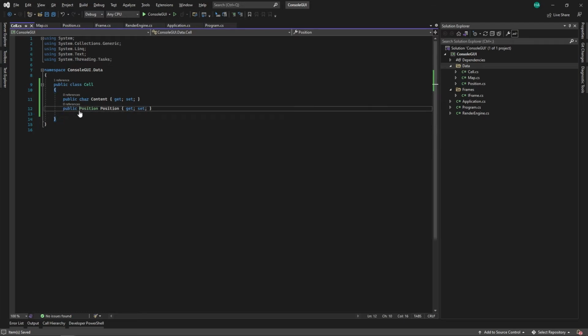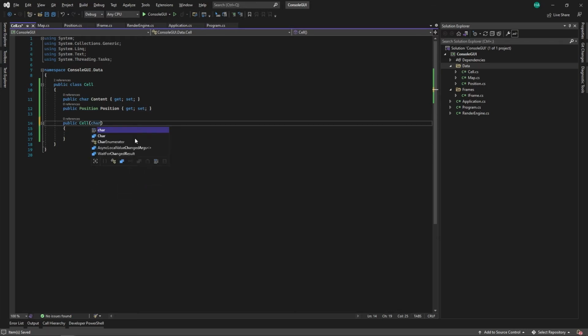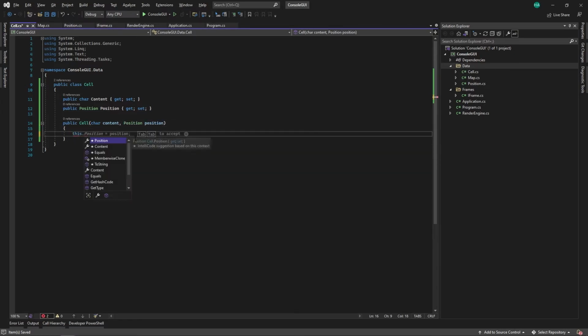Now for Cell, let me write the constructor here, and we actually don't want to have our default constructor, which is the constructor with no parameter. We want to have a character as a content and a position,